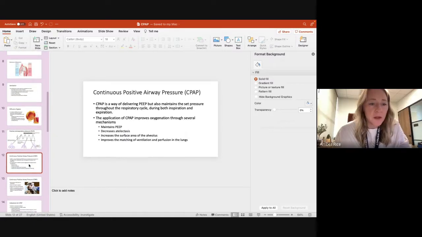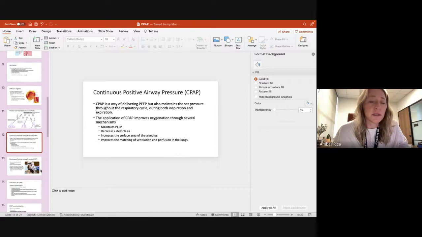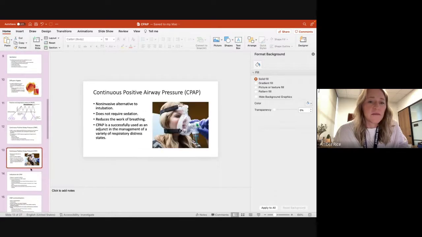And then use that to sort of talk about what CPAP is. So CPAP being a way of delivering PEEP, but maintaining that pressure throughout the whole cycle versus just at end expiration. And then how the application of CPAP improves oxygenation. So let me know if anything is confusing or needs to be deleted or clarified. And then